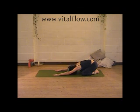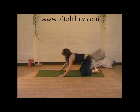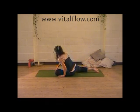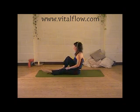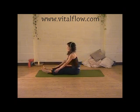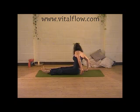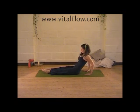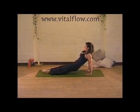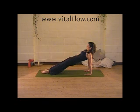before we move on to a reverse plank to tone up the back of the arms, open out the shoulders which are quite often tight across the front, and again to work the glutes and the legs. Now, ideally, fingers facing straight ahead, wrists about a forearm's distance behind you, wrist in line with the shoulders, shoulder width apart, and then when you're ready, press down through the arms and the feet and bring your body up